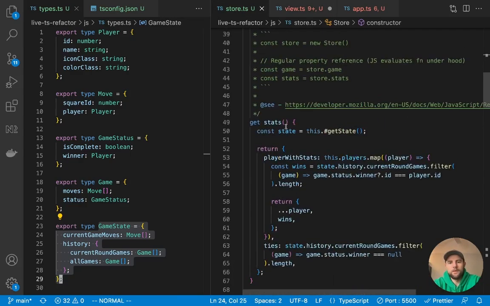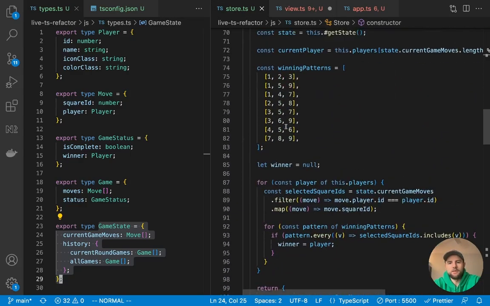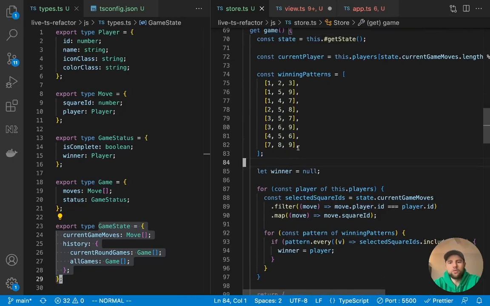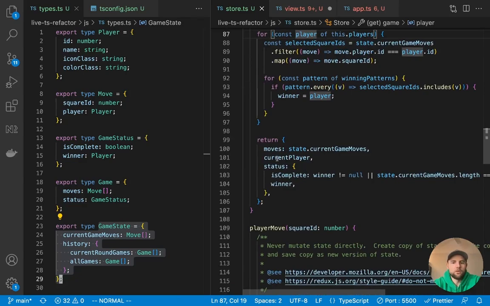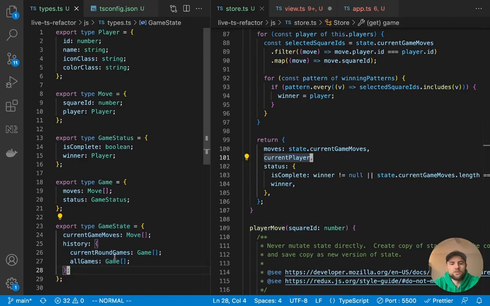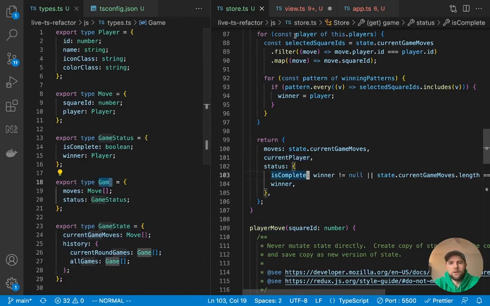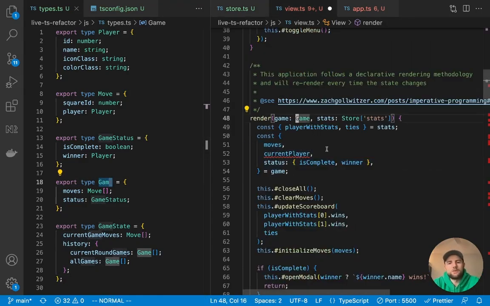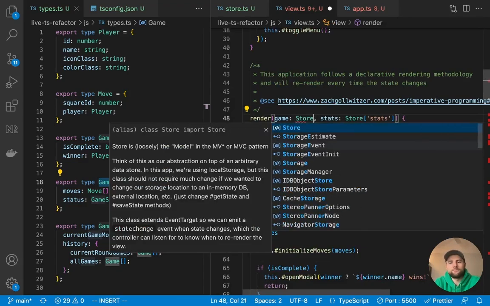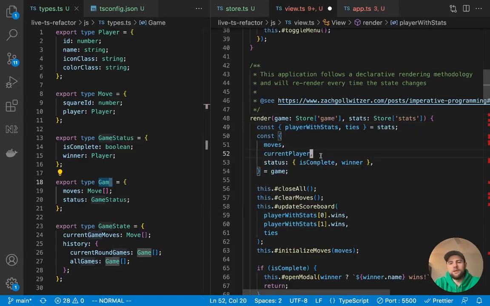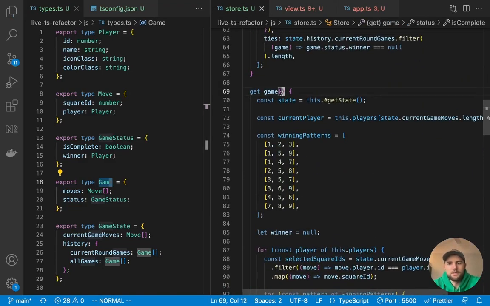So in our store, remember we have this method called game, and we are reading the raw state, and we are deriving some useful properties that we're returning for our game to use right here at the bottom. So obviously current player is not saved in local storage and not represented in this type. So I guess that's another reason why just using the store game is a good way to do it. But yeah, basically I would say that you'd want to type this function.